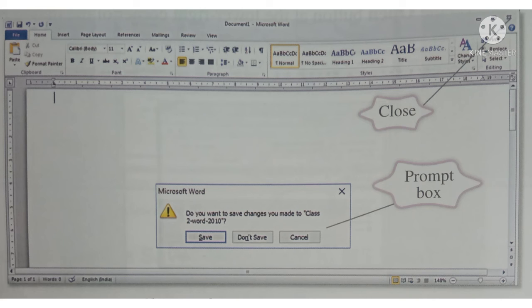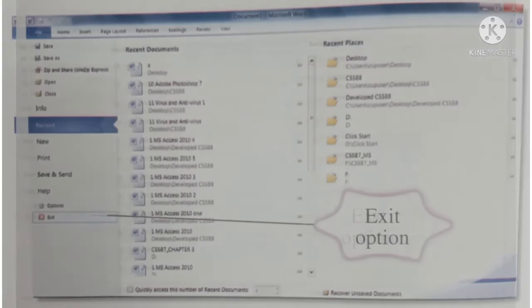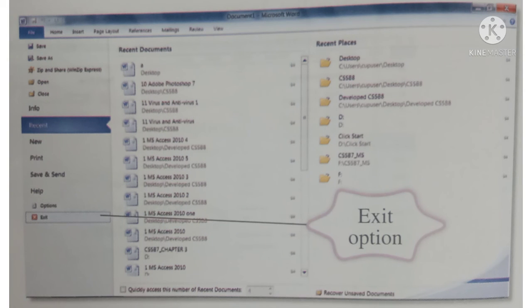To exit MS Word 2010: Number 1. Click on the File tab from the ribbon and select the Exit option from the drop-down list. Number 2. If the document has not been saved, a prompt box appears. Click on the Save button to save the changes.